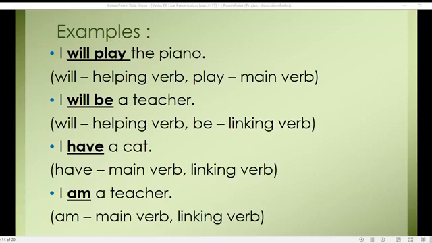paano kapag dinagdag din natin ang example? I have bought a huge cat. So, example lang naman yun. I have bought a huge cat. So, mag-iiba na siya ng function. So, magiging linking verb na yung have. Kasi dinagdagan natin siya ng bought. So, bought is also function as the main verb. So, it depends upon the